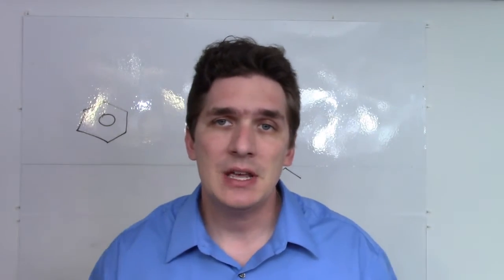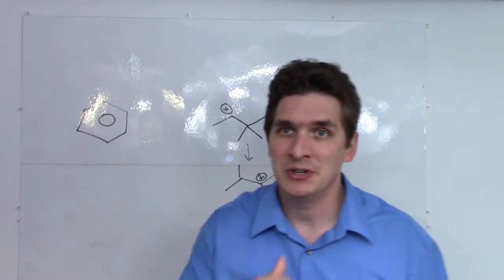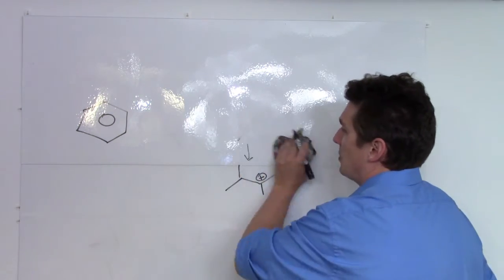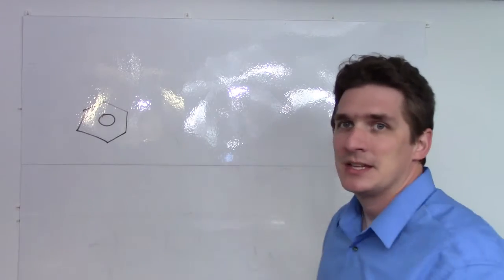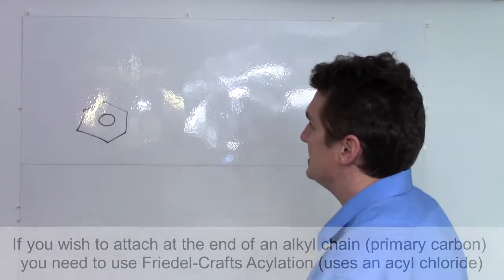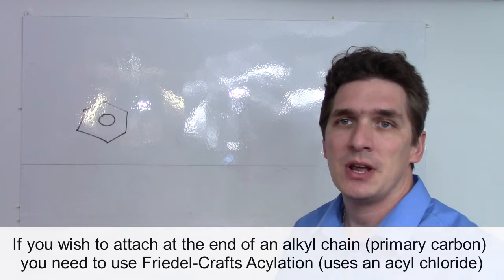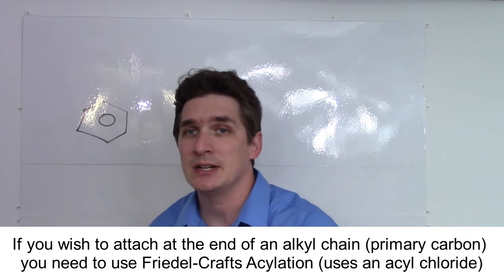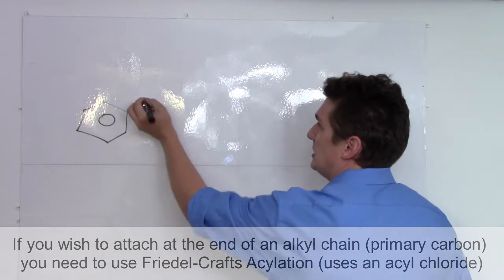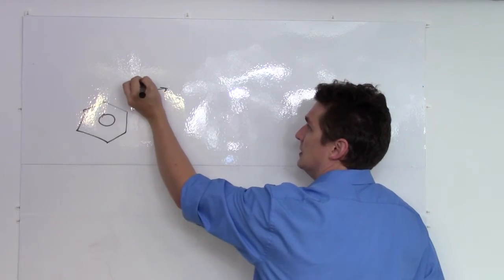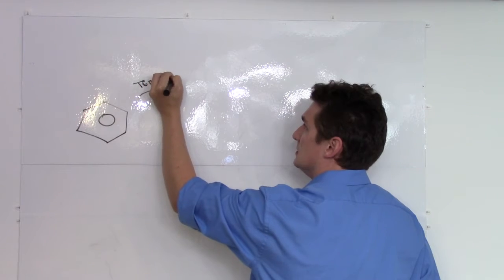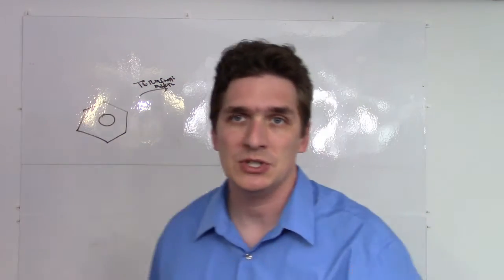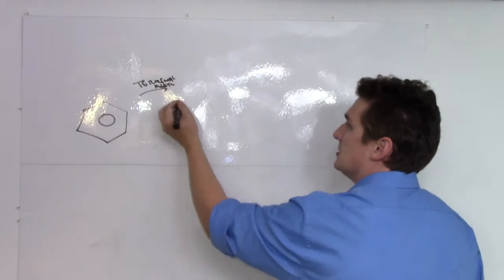So if there is a possibility of carbocation rearrangement either through methyl shift or through hydrogen shifts, we have to use what's called Friedel-Crafts Acylation. Friedel-Crafts Acylation allows us to pretty much attach an alkyl group as if it were a primary group, but here's the catch. We're going to have to do a reaction down the road. So if we are looking at terminal alkyl attachments, meaning that we're trying to attach the end of a carbon chain, we're going to use AlCl3